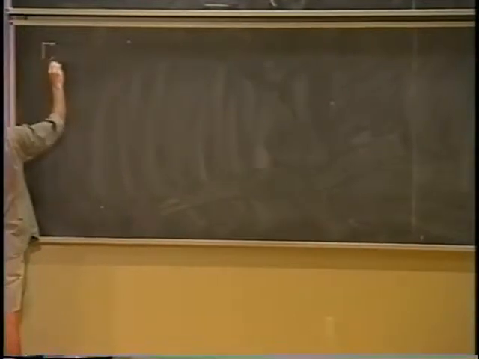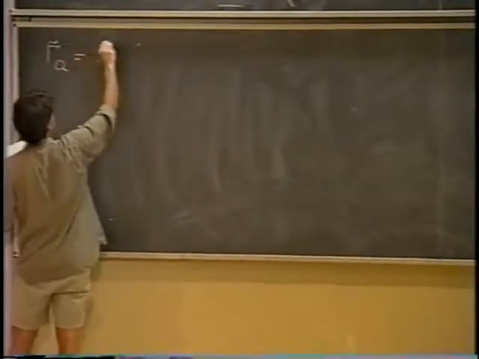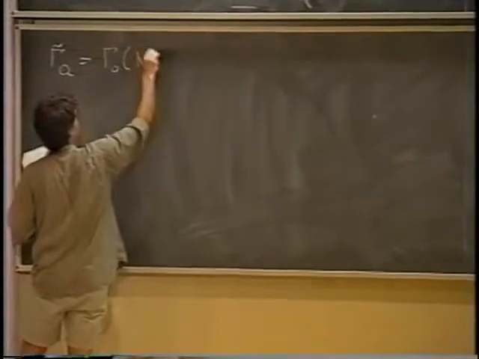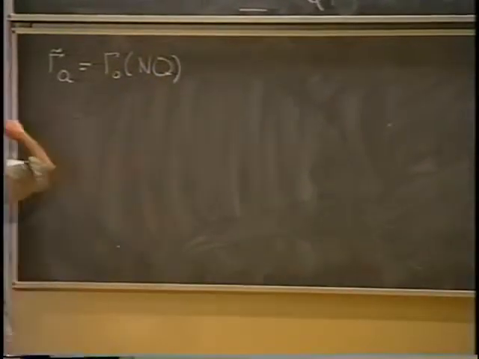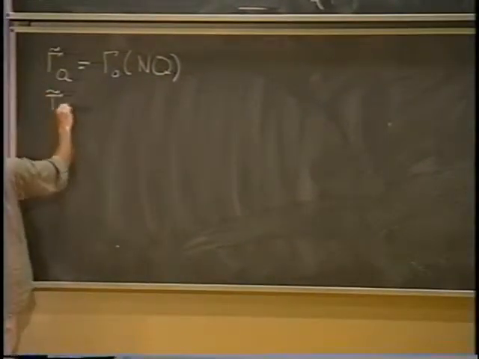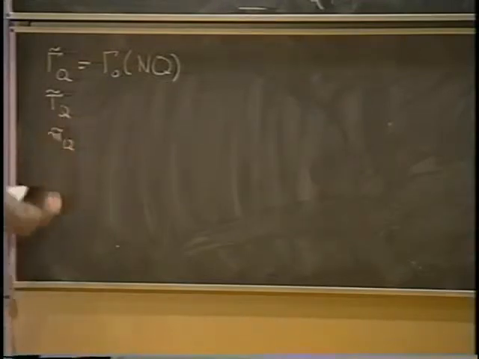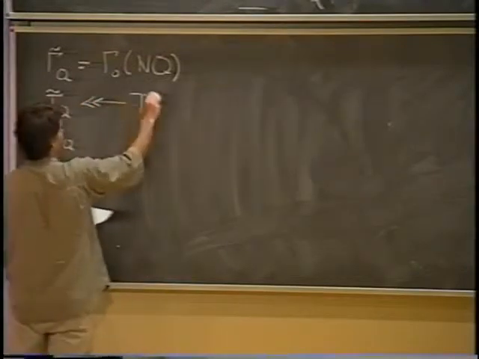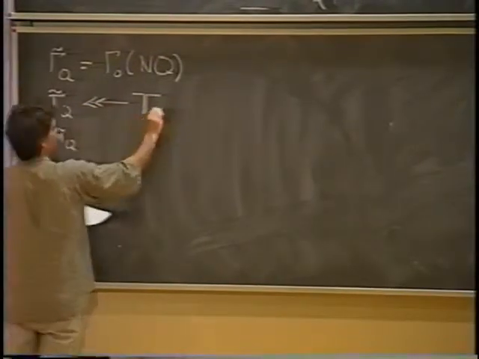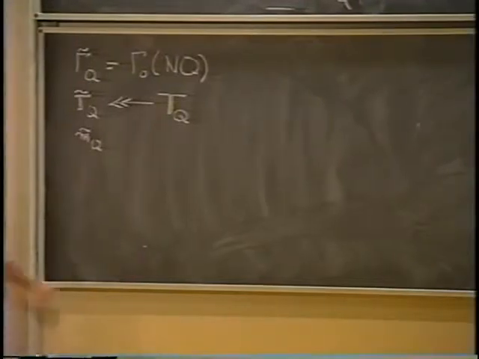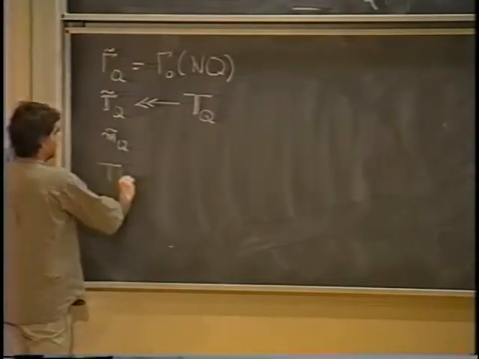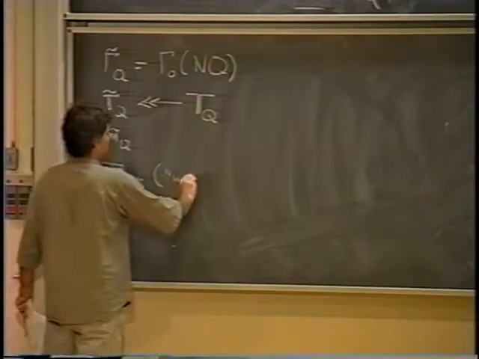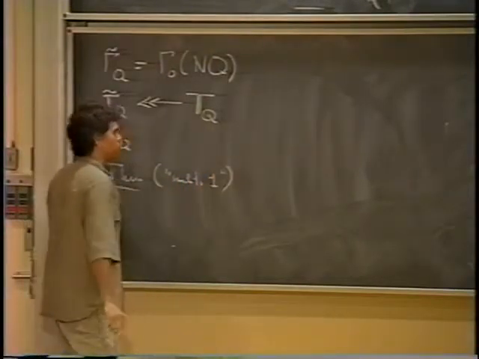Okay, so let us put gamma q tilde to be simply gamma 0 of nq. And similarly, T tilde q and M tilde q will be defined simply without the diamond operators. And of course, we have TQ mapping surjectively to TQ tilde. And recall the multiplicity 1 theorem, the one that goes into the Gorenstein property, that